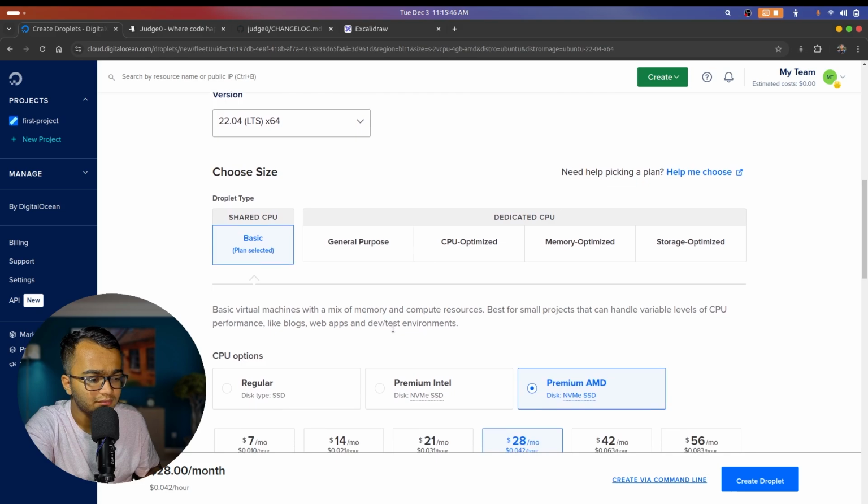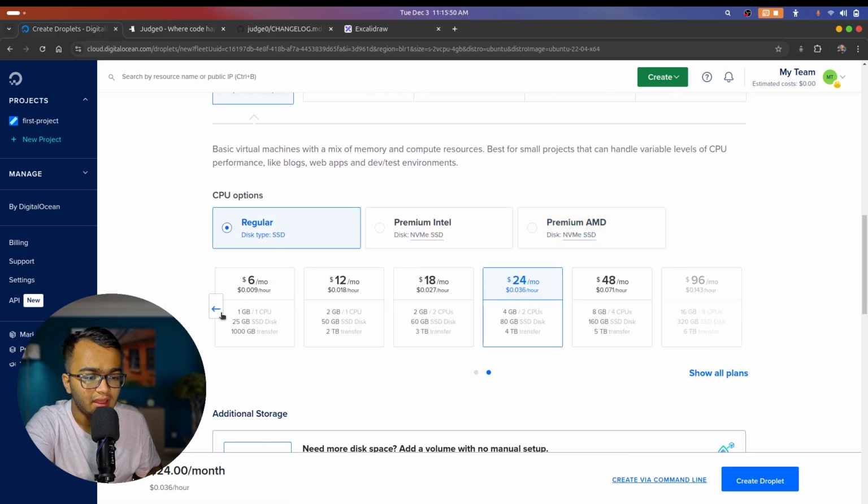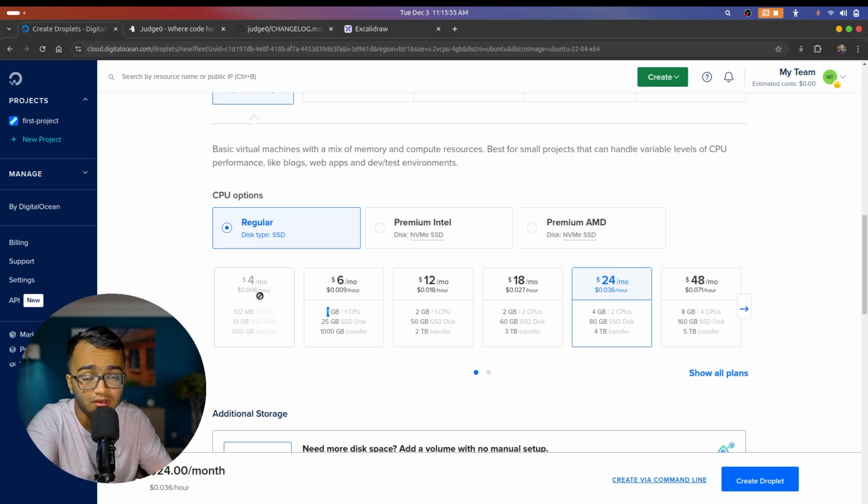Okay, now about the plan. So we are going to use a shared CPU architecture. That's fine. Come to regular, and in many of the cases you will see that this $4 plan is also available. But since our